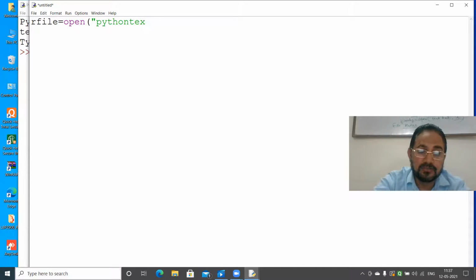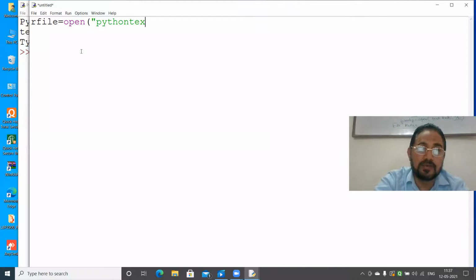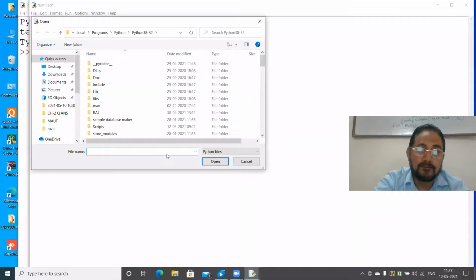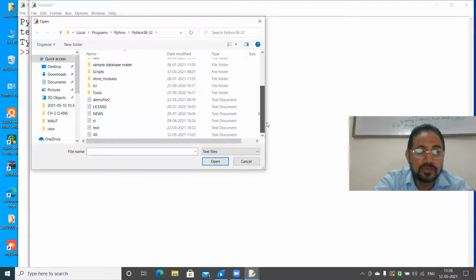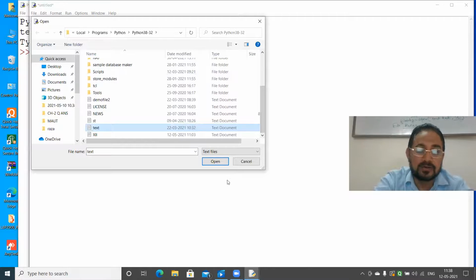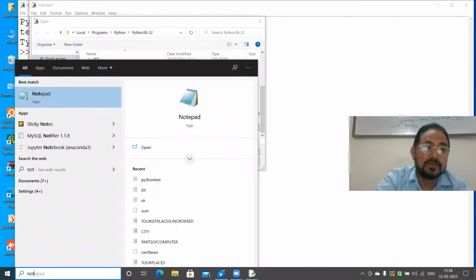I forgot. Let me check again. It is stored in the default folder, though. Just I will see whether it's here or not. In place of Python files, you write text files and see what text files you have. Still I have no text files. I have not pasted here. Okay, I have to paste that file. Control V. See, I'm having that file. No, still not there. No problem. I will again go to Notepad. Open Notepad.